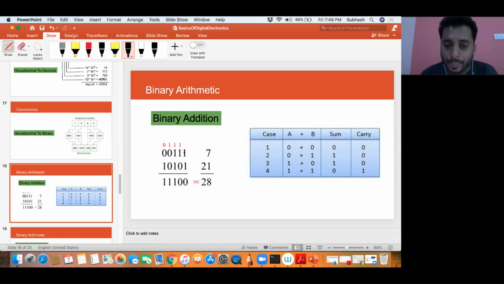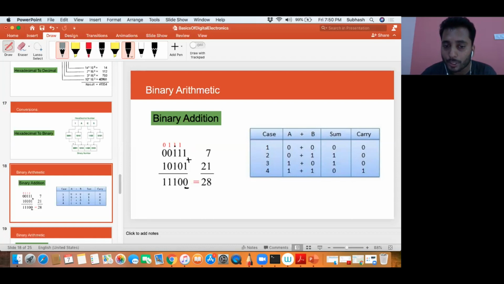Now this says 1 plus 1, 1 plus 1. So how does this 1 plus 1 work? You see the table, 1 plus 1 says 0 with 1 carry. So the result is 0 here, with 1 carry over here. So now we have 1 plus 1 again, which is 0 with 1 carry, again 0. Here 1 plus 1 is 0 with the 1 carry already given over here. The result 0 plus 0 would be 0 again.